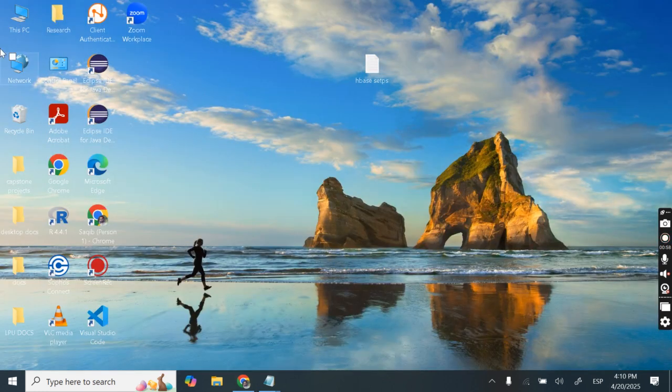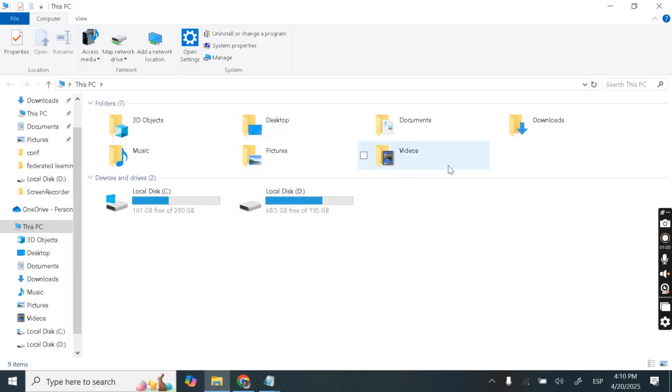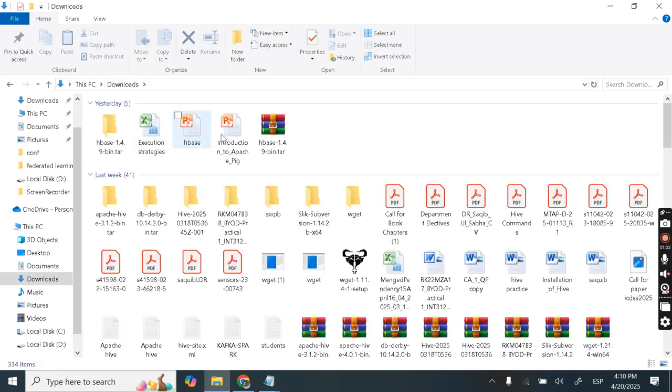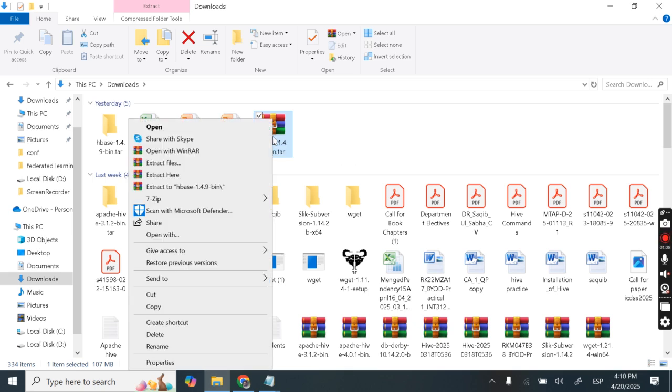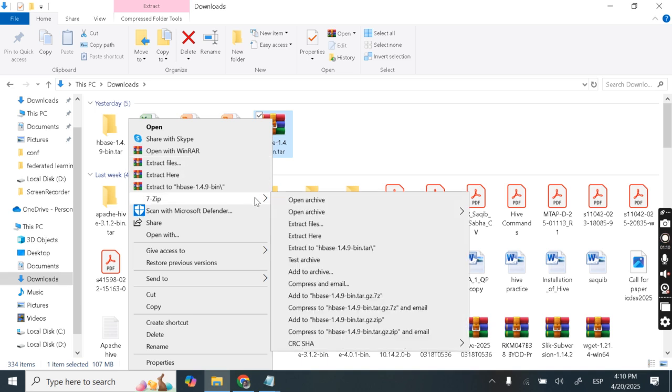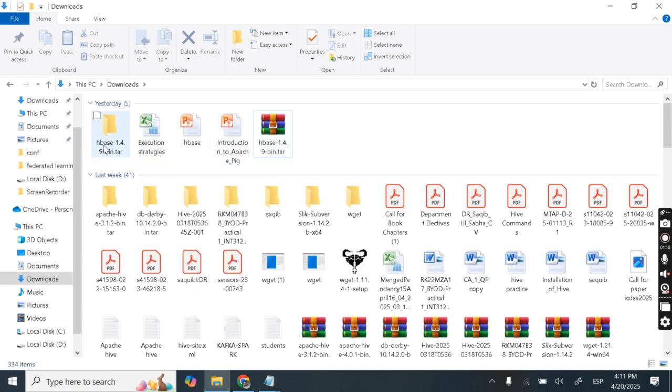Okay, so after downloading, let's go to downloads. Here you can see hbase-1.4.9-bin.tar. Then we need to extract it using 7-zip. So I am here extracting it using 7-zip. I have already extracted. So after extracting, you will get a folder like this,